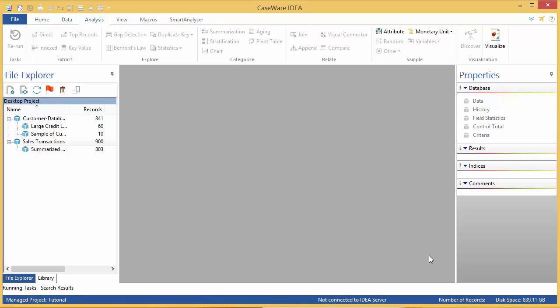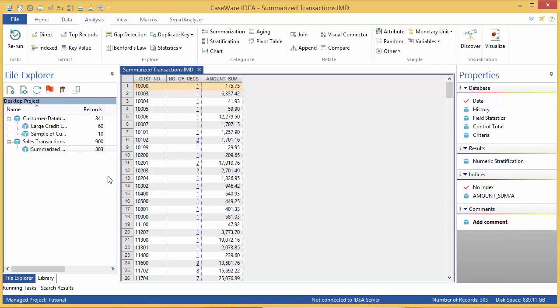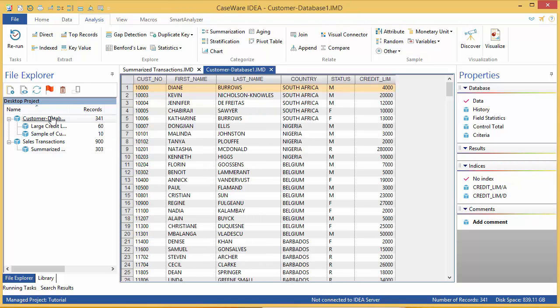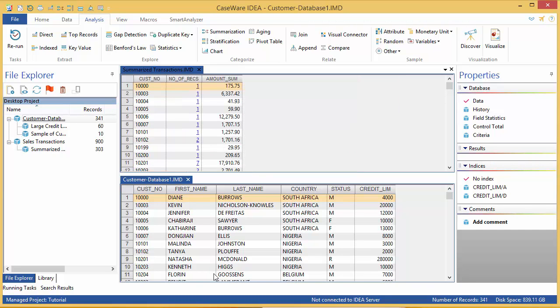Open the database which will be your primary file. In this case, I'm going to use the Summarized Transactions database. Now, open the customer file and split your screen horizontally. I can see by looking at these files that they both have a customer number field. This is called a key and is the data I'm going to use to establish the join between these two